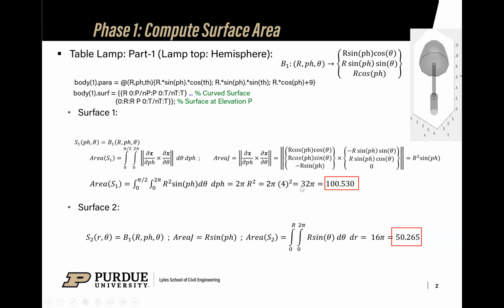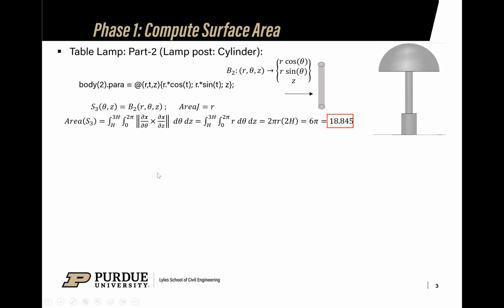be 32 pi. Similarly, for surface 2, that is the circular area, which is a function of r and theta, I've calculated the area Jacobian by the similar cross product method above, which comes out to be r sine phi. And this I've incorporated into the area integral with the respective limits, which comes out to be 16 pi here. Coming to the second part of my body, which is the cylinder, this is the parameterization